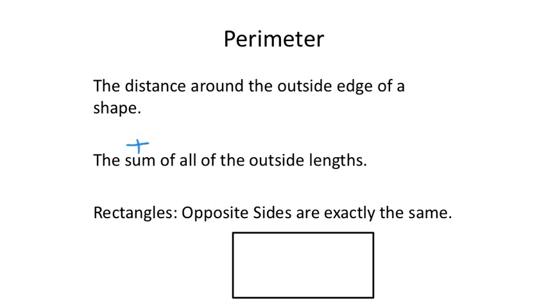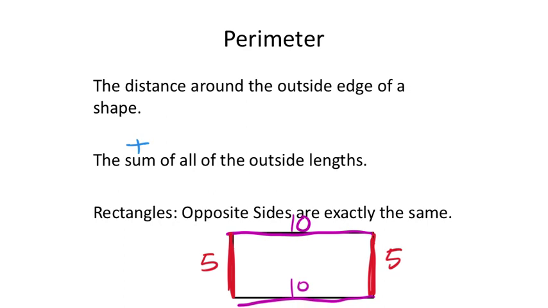And then the unique thing about rectangles is sometimes they won't show all the numbers. Like they'll say this one right here is 5. And then this one right here is, I don't know, 10, something like that. But they won't show the values here and here. But opposite sides have the same value. So if the right side is 5, then the left side must be 5. And if the top is 10, the bottom also must be 10, okay? So they won't show those numbers all the time, but we can know what it is because it is a